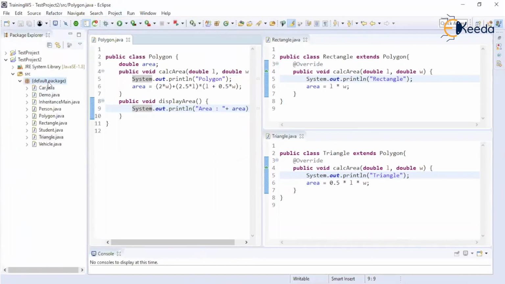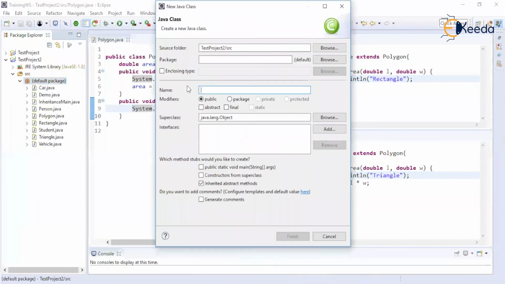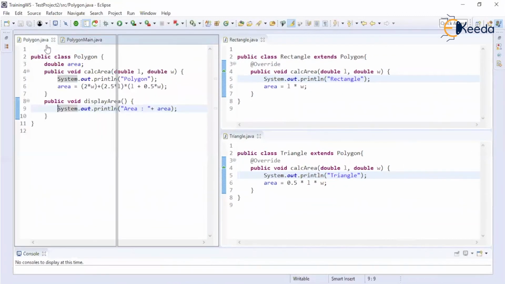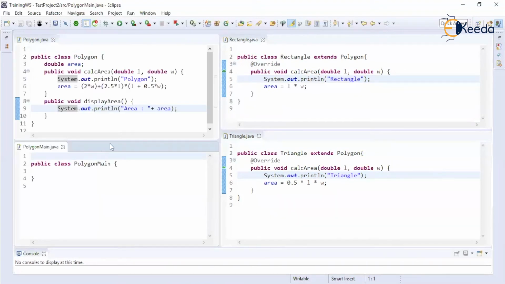So let's create a main class where we will see how runtime polymorphism is achieved. Through this particular code, we have implemented method overriding, right?